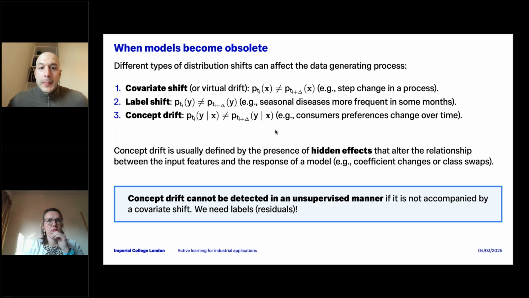For example, during COVID time, the preference of users for home delivery was much higher, of course, due to external constraints, than during previous years. And the main issue of concept drift is that it can only be detected if we know the labels of the observations. So we can only understand if the underlying model is changing by collecting the labels.